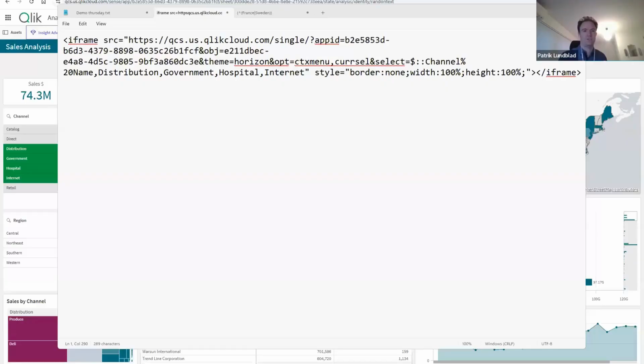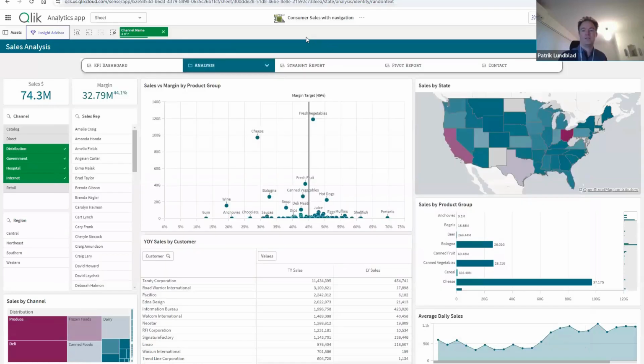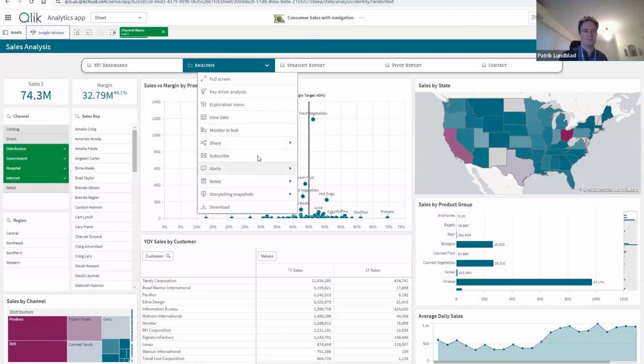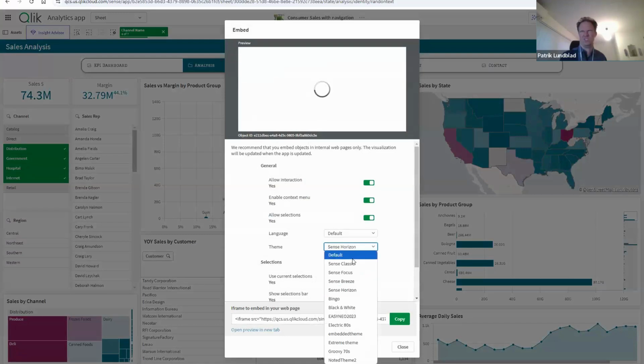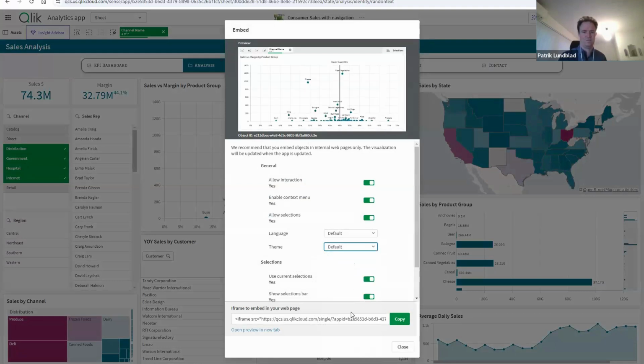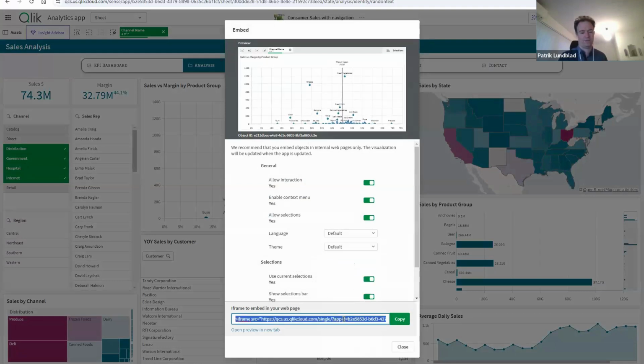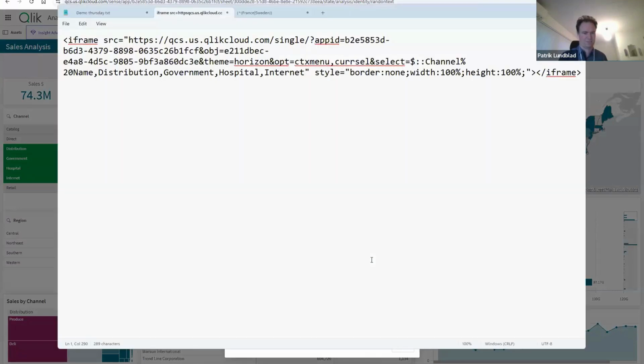I'm just going to use the cloud version because I don't have on-prem right now. So, for example, if I want to share this scatter plot in here, if I click on the share and the embed part here, you can see that one of the options is which theme to be used together with this embed. When I change that, you can, for example, change to the default, which is using the same as the app, or you can change to a specific one. And then when I look at the embed code, if I have the default in here, if I paste it into here,